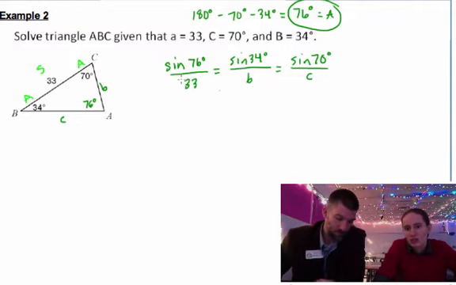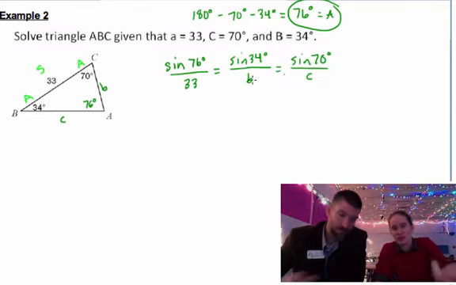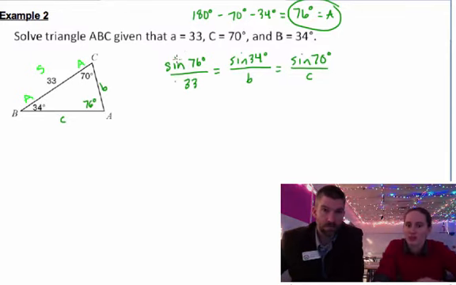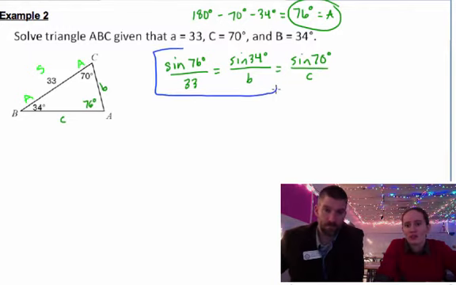We're still going to use the first 2. It's the same but different. We're going to use the first 2 to find B, but then to find C, use the one that we know. You always use the one you know, every time. If we find B, we could plug it in and then use that to find C, but